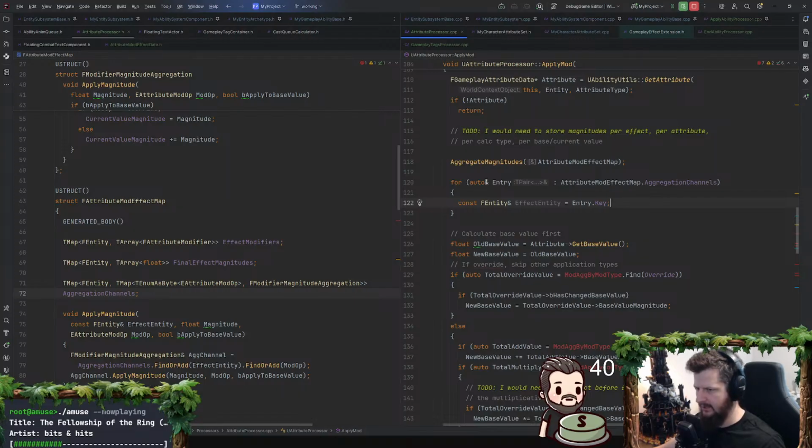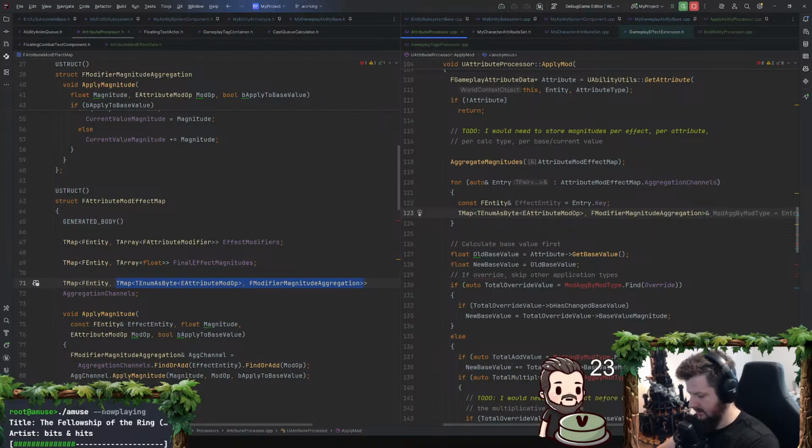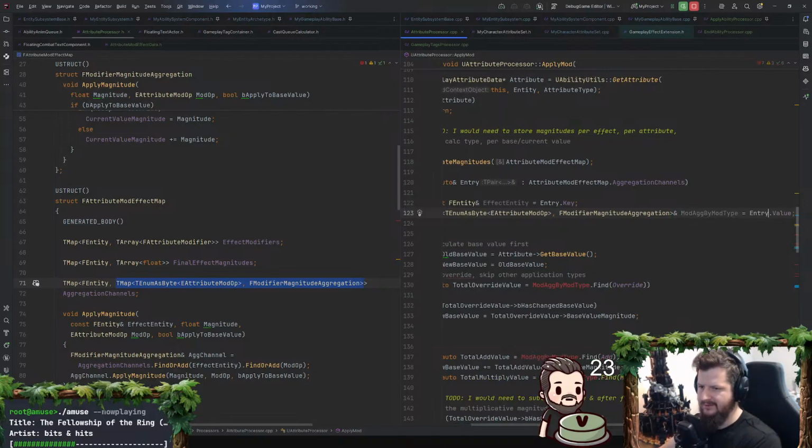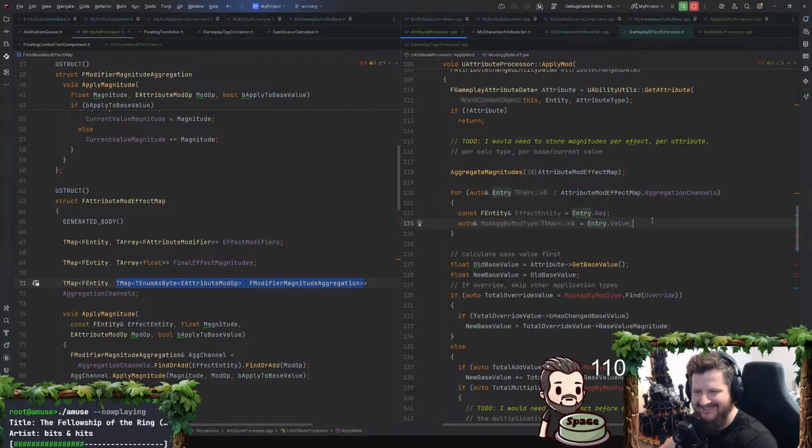So this is going to be, give me this. Mod ag by op type, entry top value. What a disgusting signature. I'll just do auto. Should I just slap an auto on it?